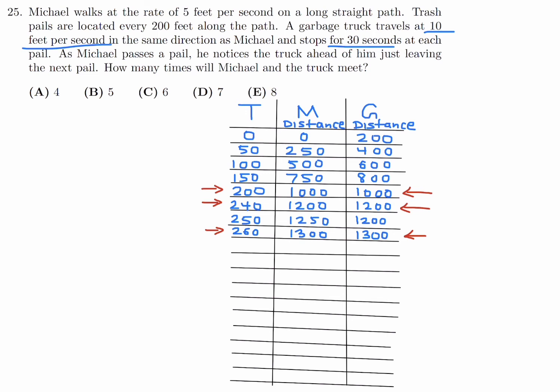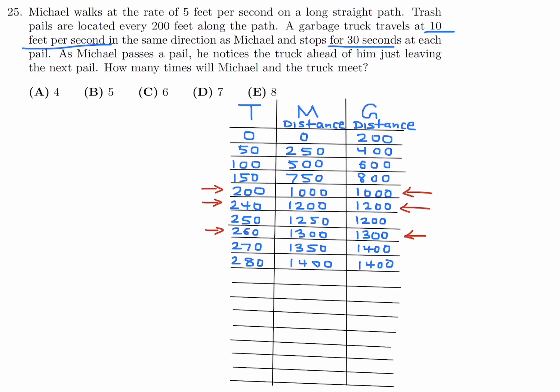We've got to be a little bit more intricate in our time intervals here. So again, let's see. Are we going to meet any other way? Let's try 270 here. I'm just going to go up by tens now. At 270, we got 1,350, and we've got 1,400. Okay, that wasn't a meeting. How about 280? At 280, we've got 1,400, and we've got 1,400, because remember,